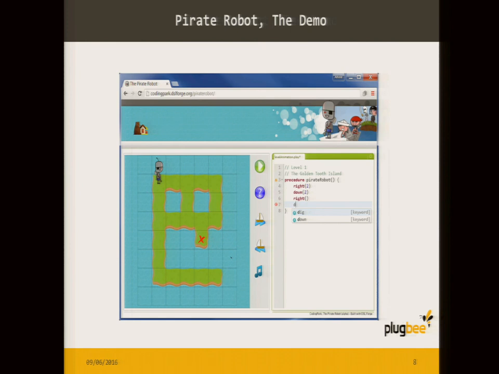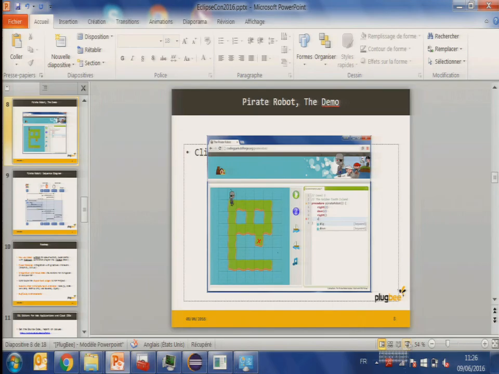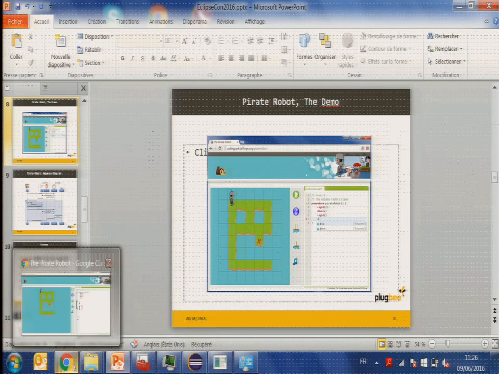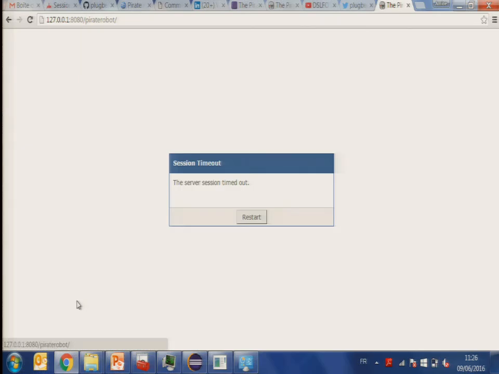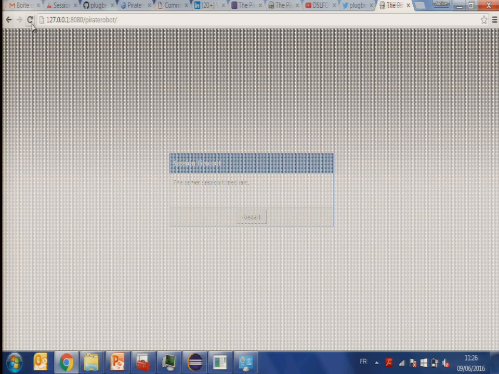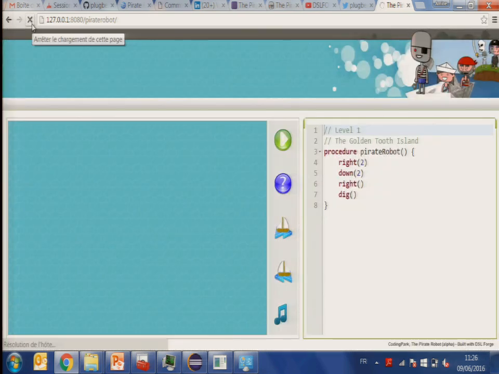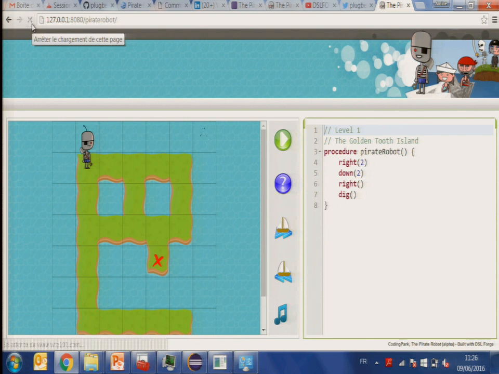So now I'm going to show you some use cases. We have developed a coding game based on Eclipse RAP. This is a workbench, in fact, but everything has been hidden just to keep the minimum. So you have a game canvas. By the way, the game is available online, and people are using it. You can connect if you want and start playing with it.